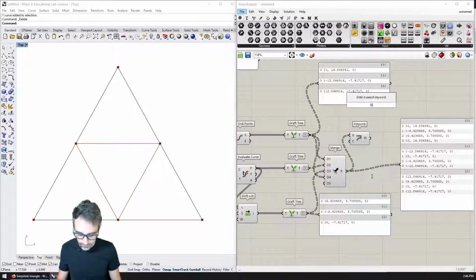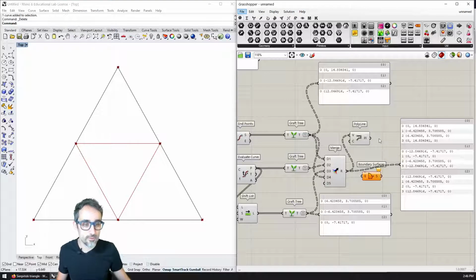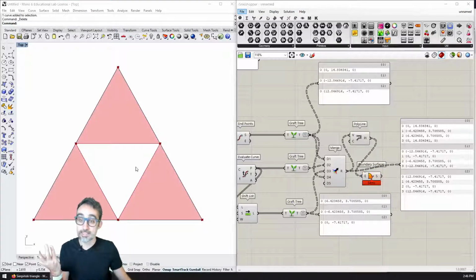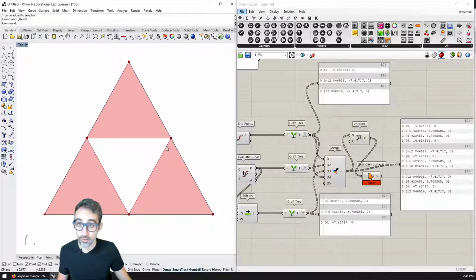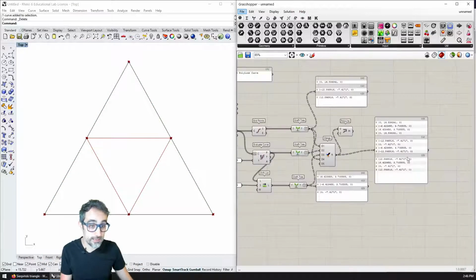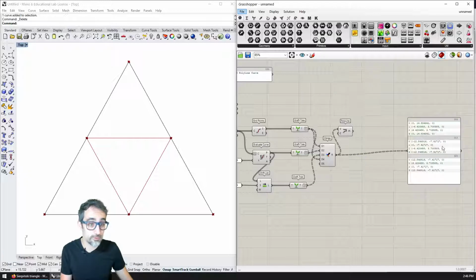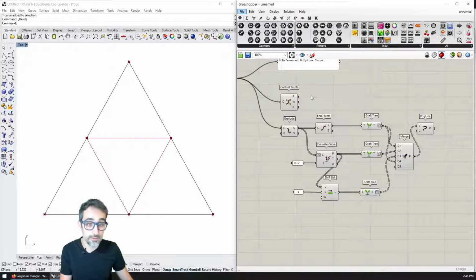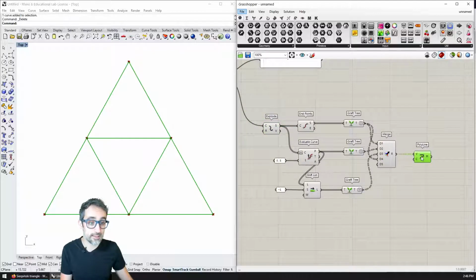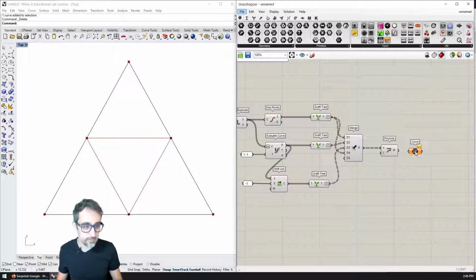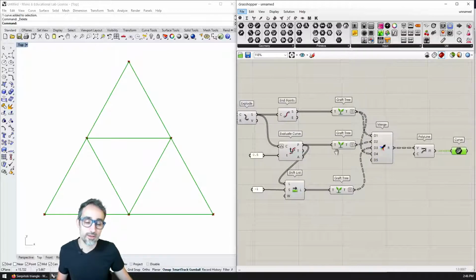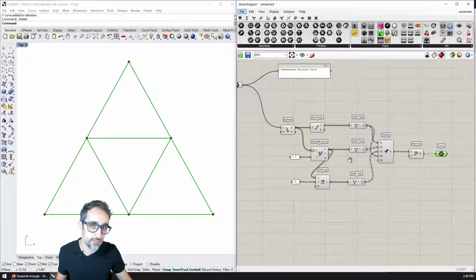And if I actually create a boundary surface around each one of these polylines, you can see that the triangle has already been done. Okay, so that's great. So what can we do? I'm going to clean up all these parameters. It turns out that control points was not an interesting way to go. And check this out, how clean and how simple doing this subdivision has been with just a little bit of data tree manipulation.